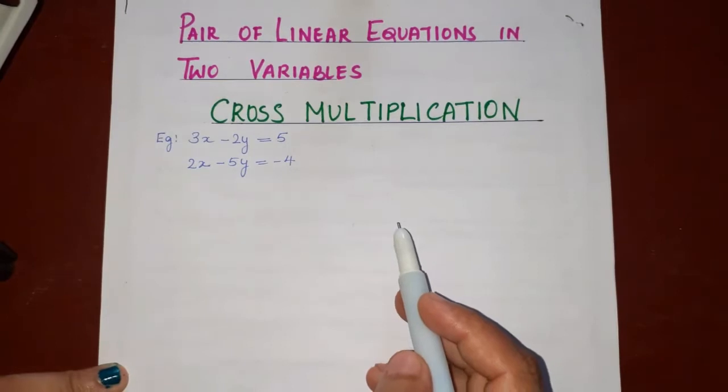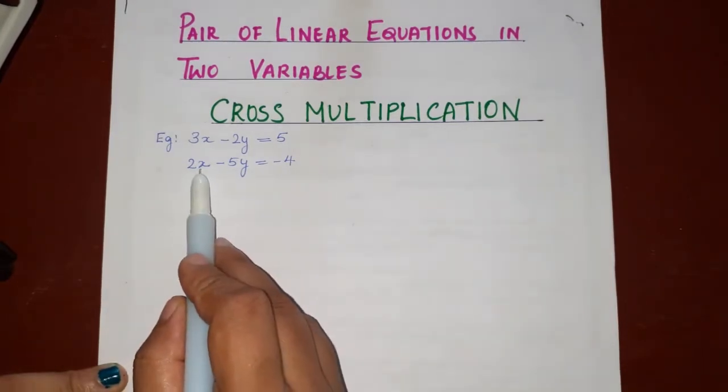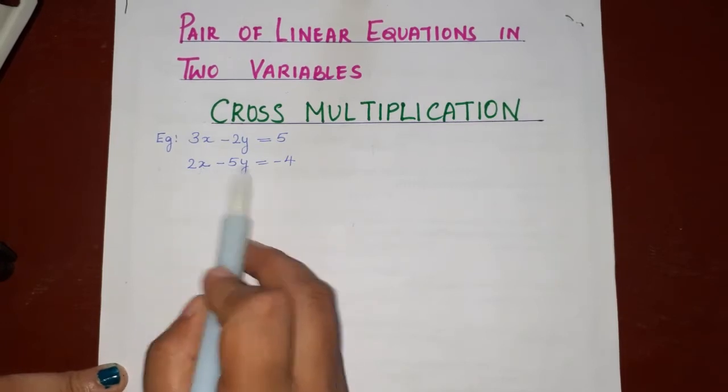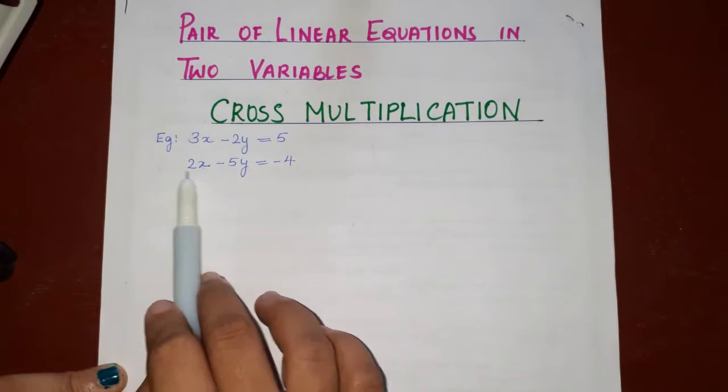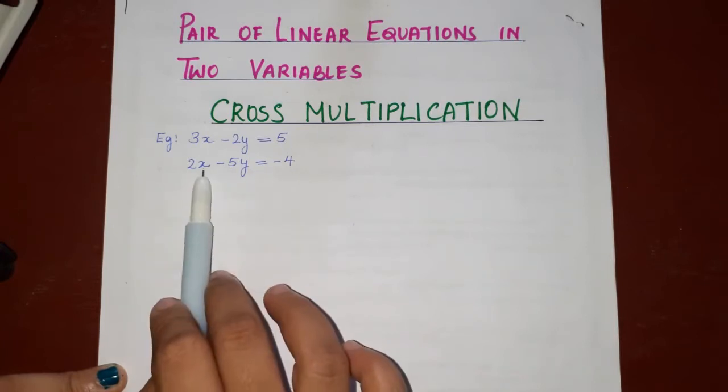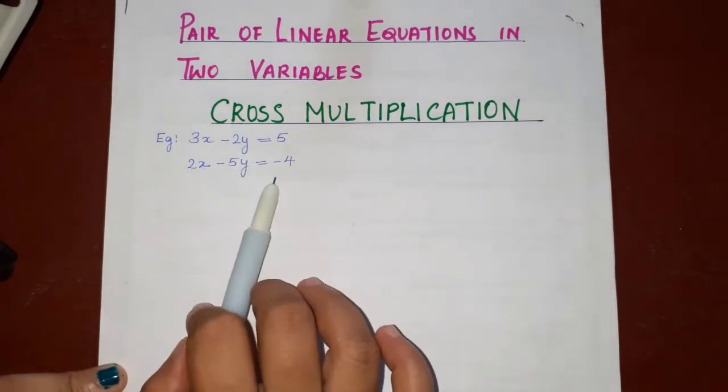What we are actually going to do is find the solutions or the values for x and y. Since over here there are two variables, x and y, two alphabets, that is why we call them linear equations: an equation which is in a linear form and has two variables. So now let's get started.